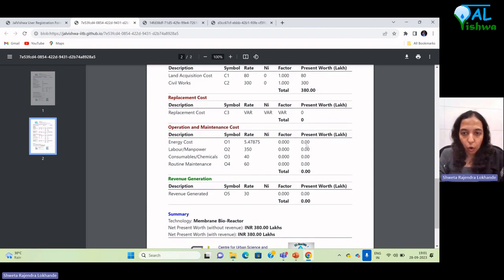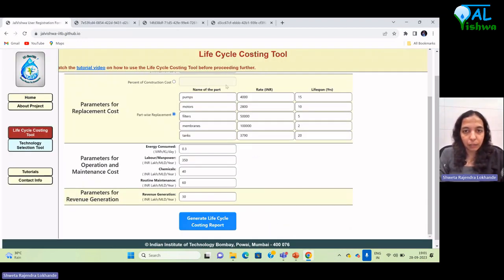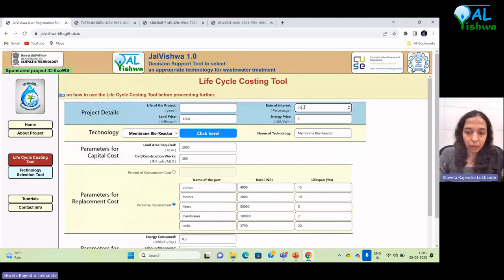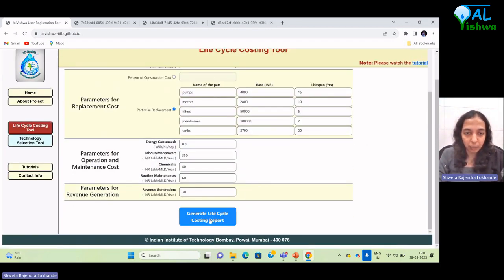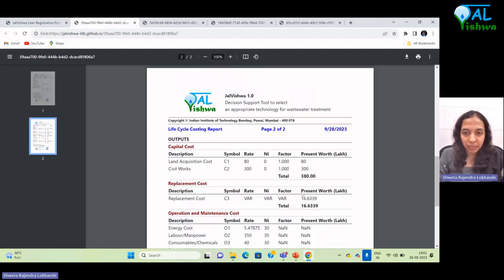In this case, your costs, as you observe, will be 0, since the life of the project is not mentioned, so your operation and maintenance costs will not get computed. Then if you fail to type in the rate of interest, and you generate the report, the report will be generated, but